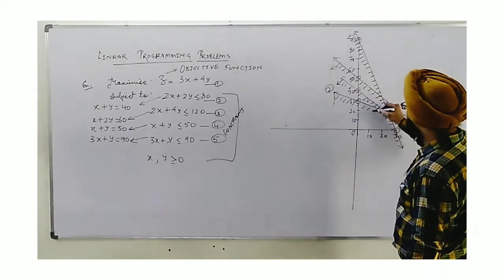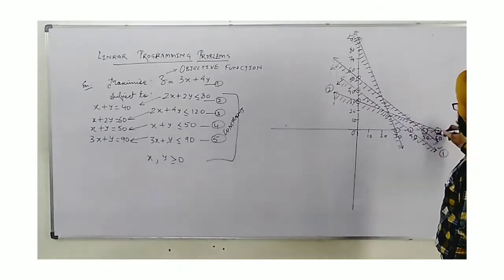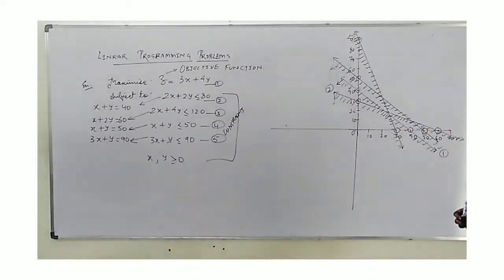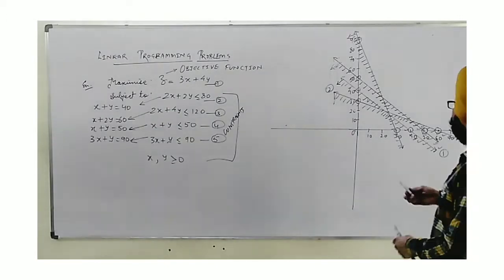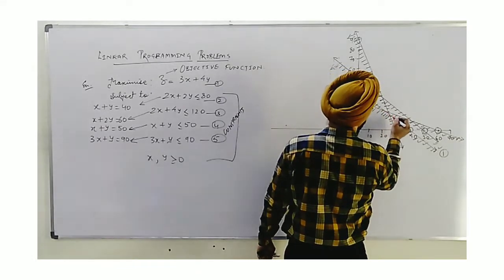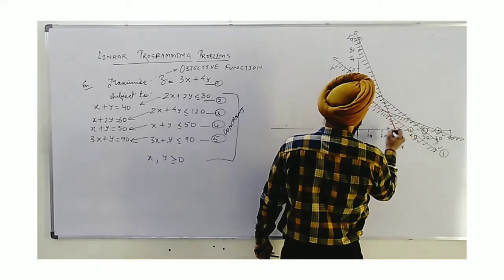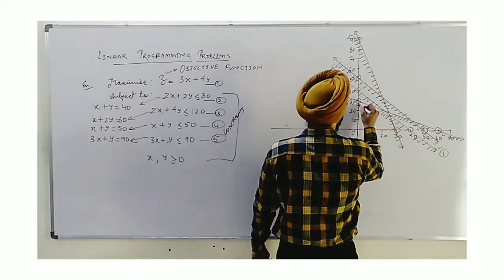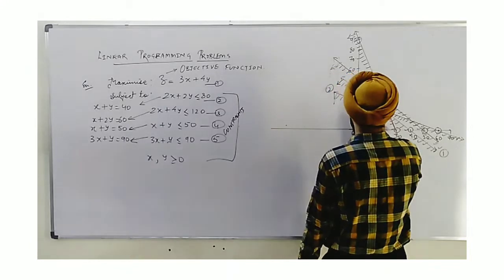First of all, we will use a very small line for shading. Here we see that if the commonly shaded region is to be obtained, I hope you understand. Let me shade it. Let me show where we get it. We are getting here this polygon, as all shading is coming towards the origin. We have got again a bounded region.